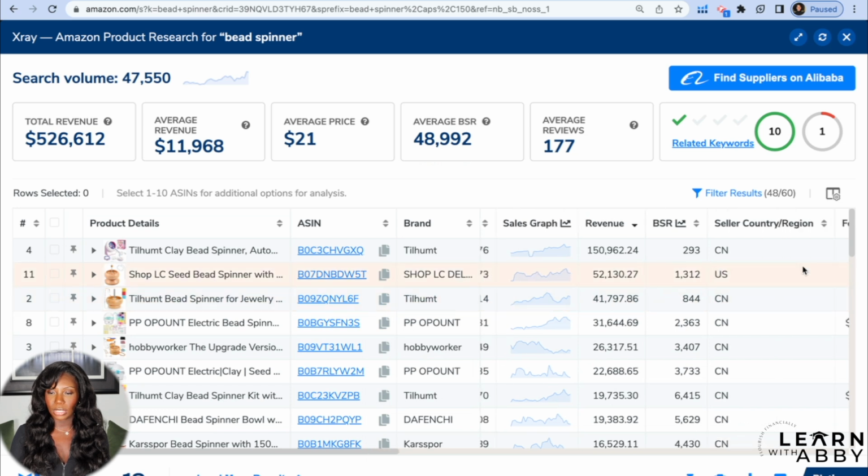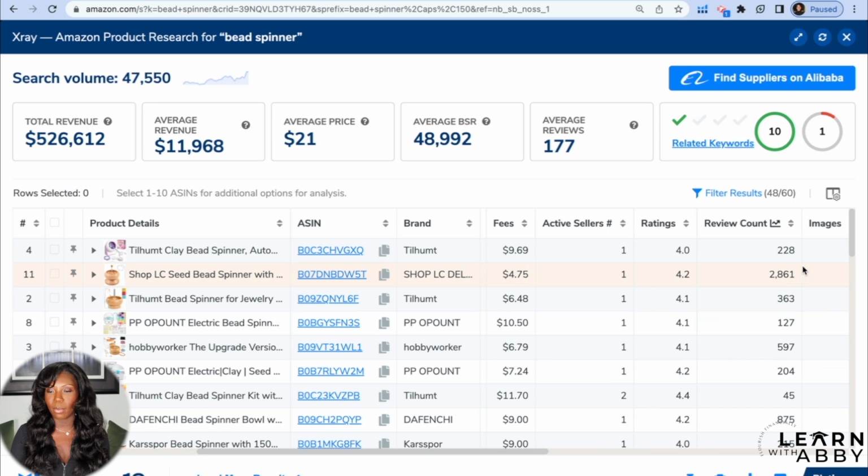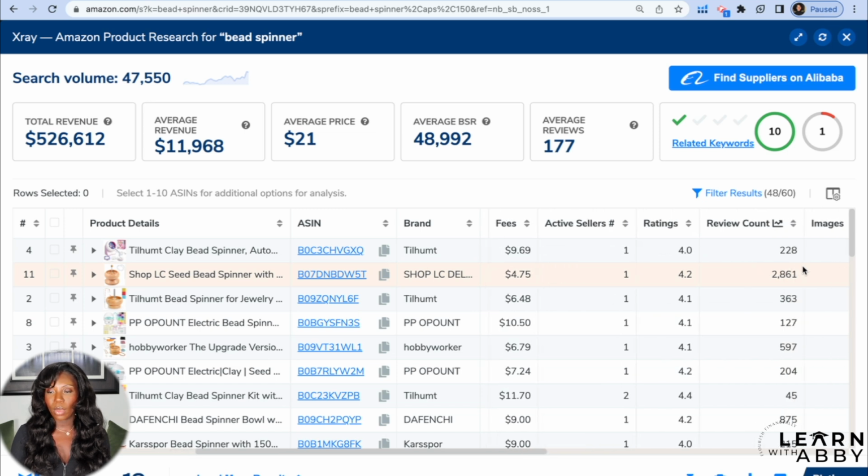And what I'd be curious to see is how the reviews correspond with how much money they're making. So the review count column, which is right over here, what I can do is I can go ahead and,